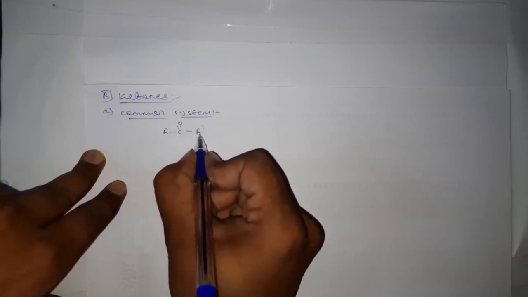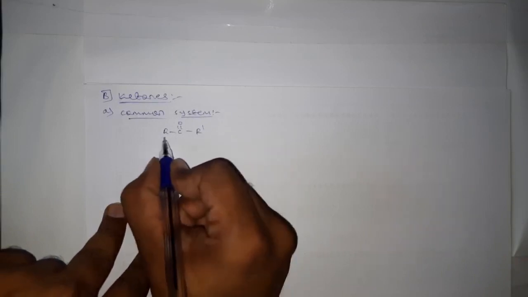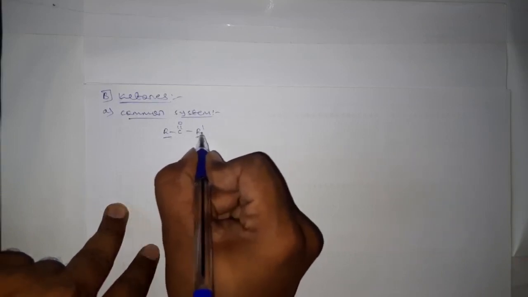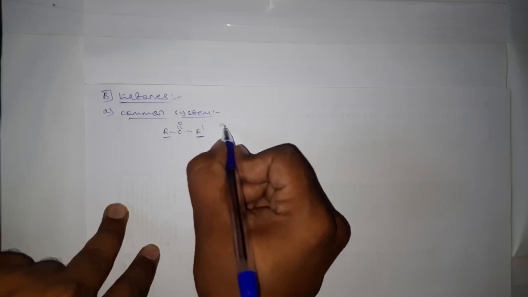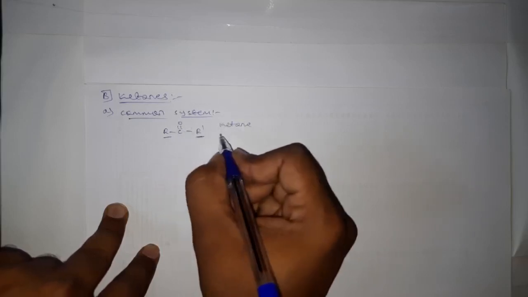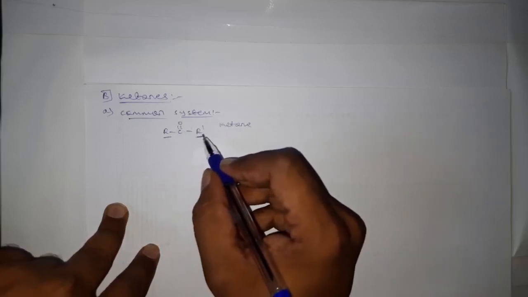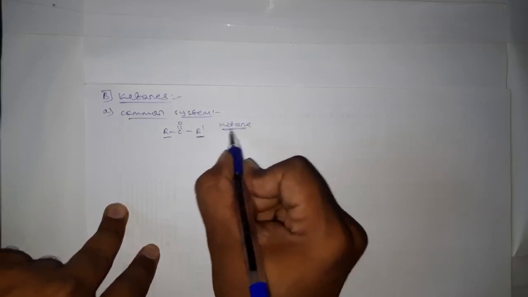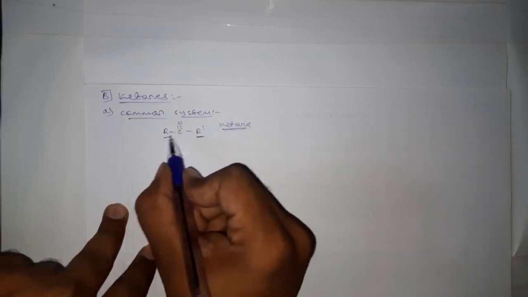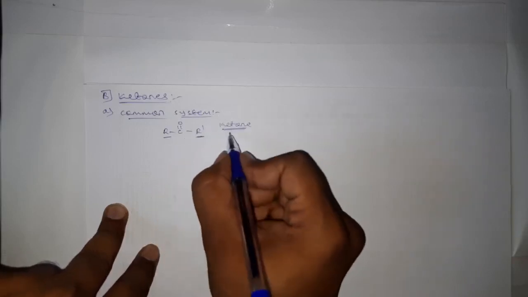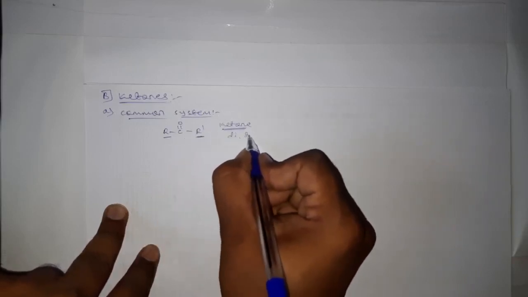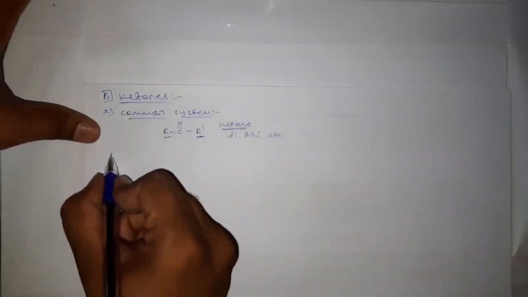R C double bond O R dash. And the common names of these ketones are obtained by naming the alkyl or aryl substituents which are attached to this carbonyl group. Okay. And after this one, we have to add the word ketone. After the names of the alkyl or aryl substituents, we have to add the word ketone. And if both the substituents are the same, then we have to use the multiplicative prefixes like di, tri, etc., tetra, etc. Okay. See, for example,